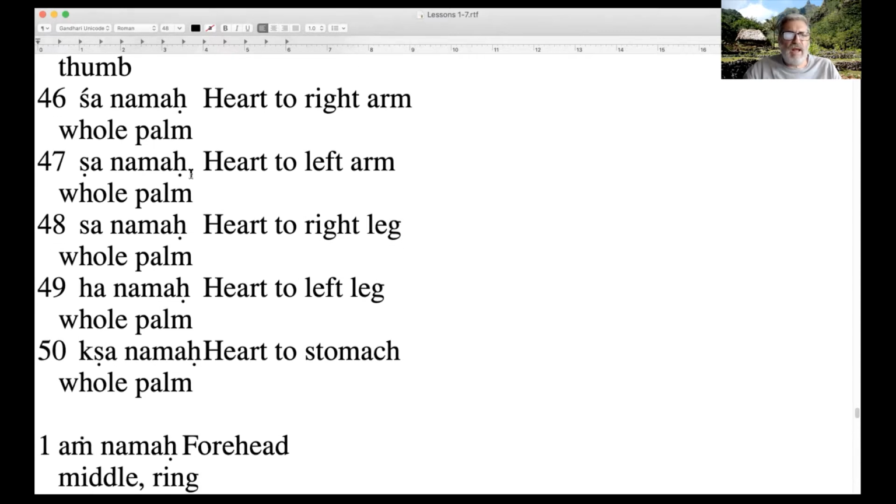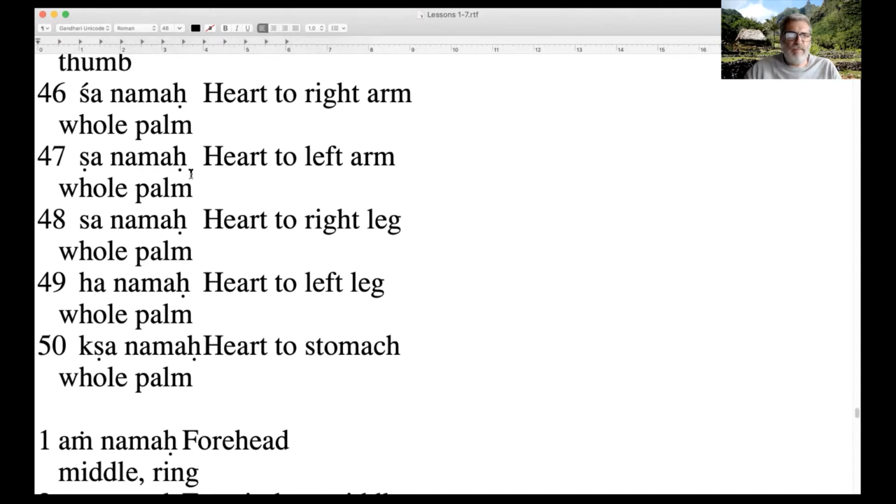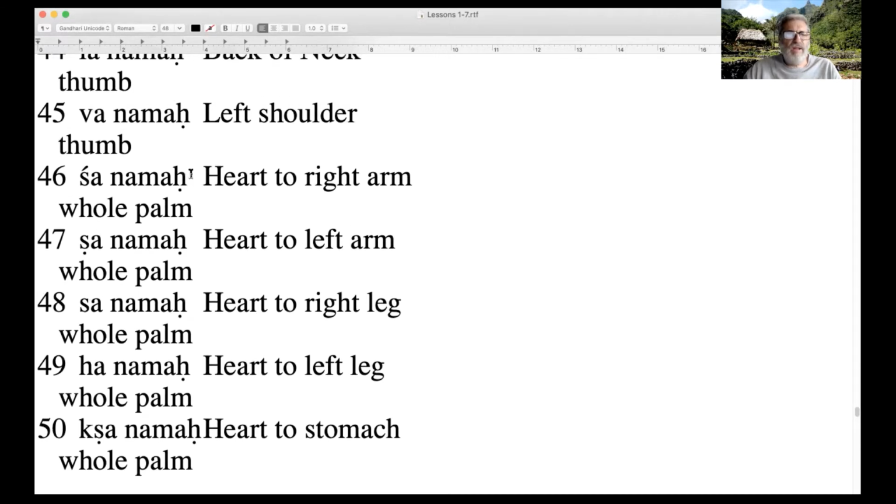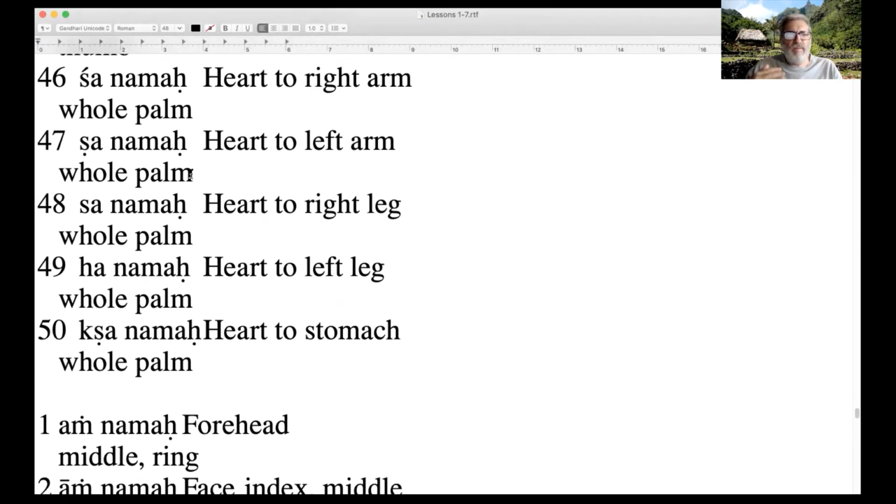Sha namaha, touch the right arm with the whole palm, right? If you can't do that, then you have to do it with the other hand. Sha namaha, touch the heart with the left arm. Sha namaha, we're going to touch from one place to another, starting with the sibilants. So we got Sha namaha, touch from the heart to the right arm, right?